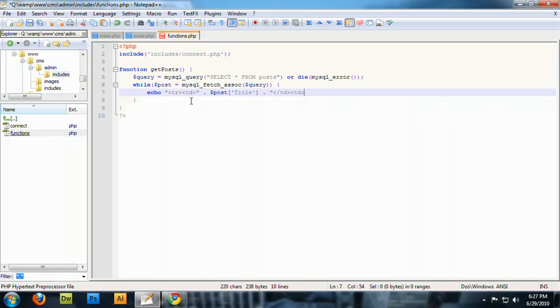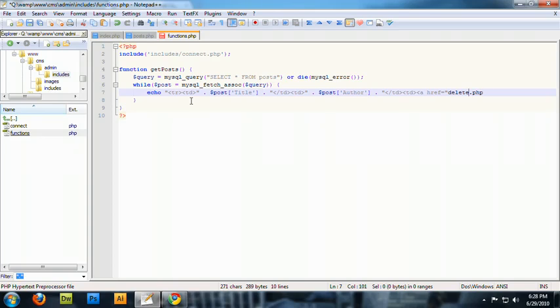And then we're going to start a new TD, and we're going to do the same thing: append, post, author, append again, /td, new TD, and we're going to do a link, href equals